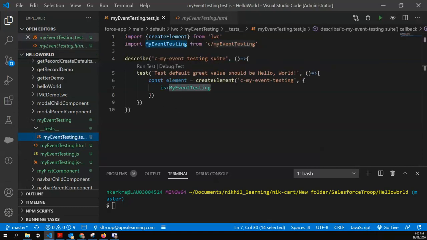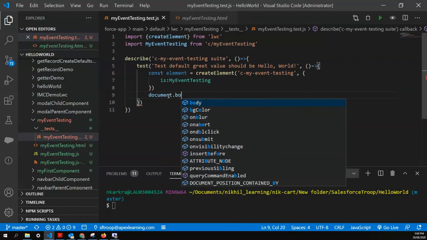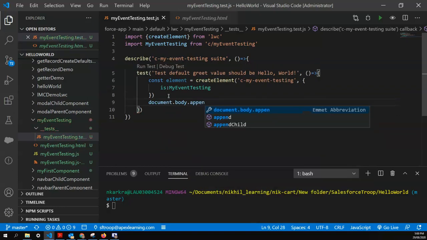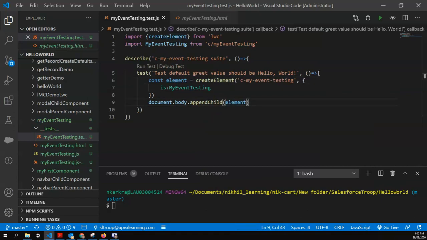Now our component is ready, and now we'll append this element to the body tag of our DOM. To do that, we'll say document.body.appendChild. So we are appending a child to the body tag, and we assign this element. Now our element is assigned to the body as well.